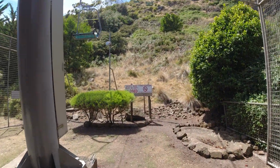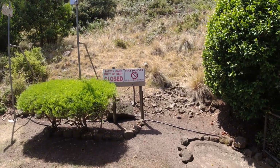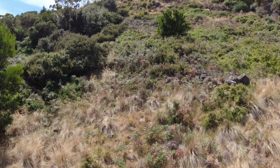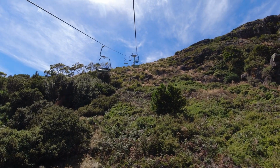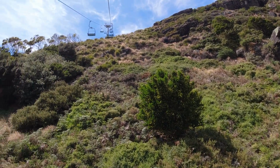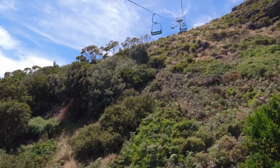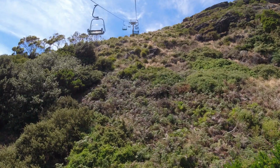And up we go. Just like a ski lift. Oh, it's only short, is it? Oh, overly short. Oh God, how old is this thing? Oh man. So it only costs $34 for us to go up and back, adult $17 each return. Pretty good. Yeah. Dave doesn't feel like walking today, so